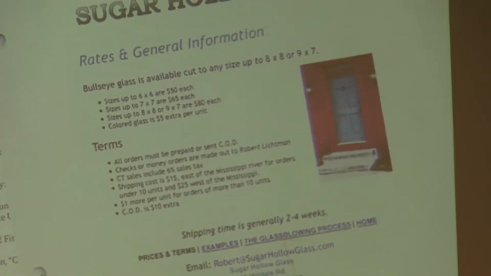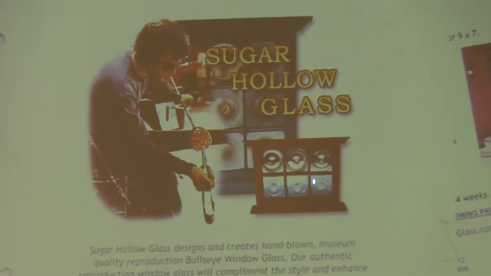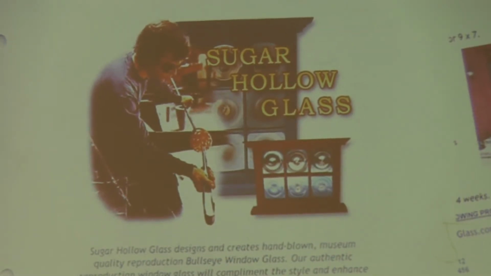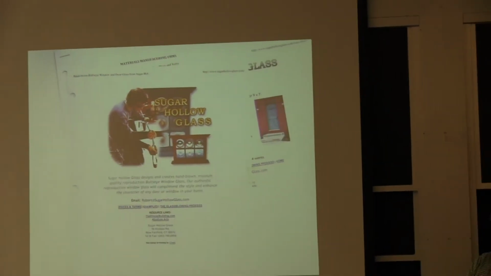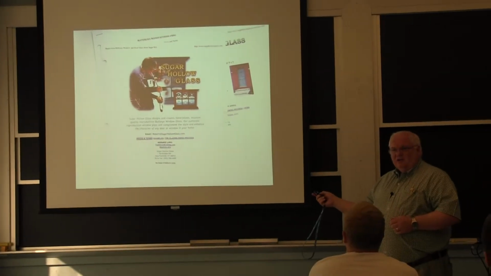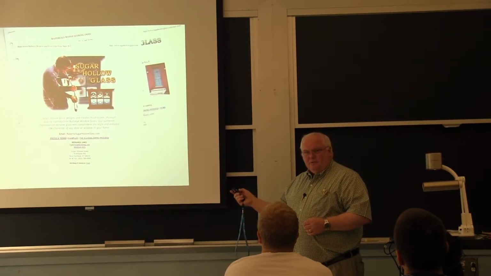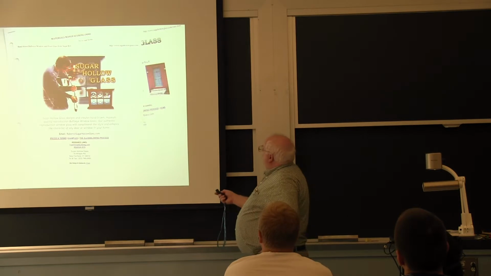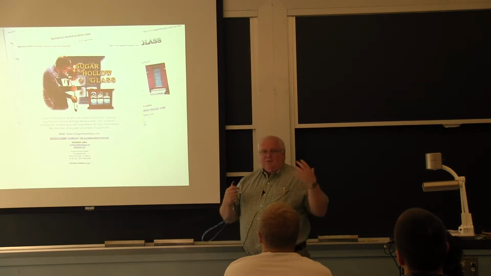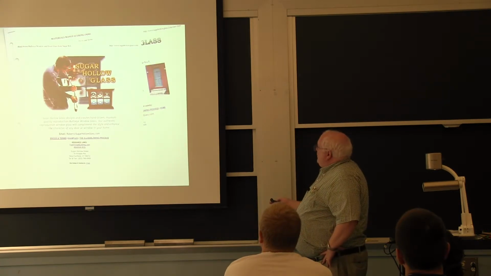Sugar Hollow Glass, I don't know, they're in New Fairfield, Connecticut, and they will sell you bullseye glass. Anybody ever seen bullseye glass? This is the center of that little tube, and it's got a blob of glass on it, because where they cut it off, you have this sort of sharp blob in the center. This was the junk in the 1600s, was bullseye glass that was not taxed. Remember taxation without representation and all that stuff? Okay, and people would put it over their door to let some light in so they wouldn't have to burn as many candles. And it wasn't taxed, and so this was the junk.